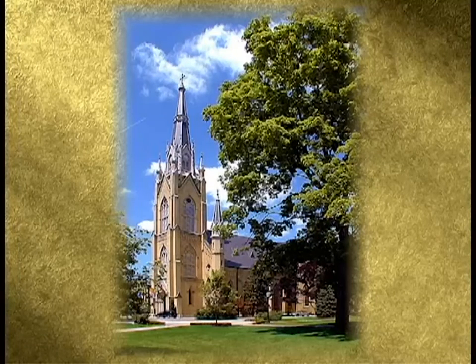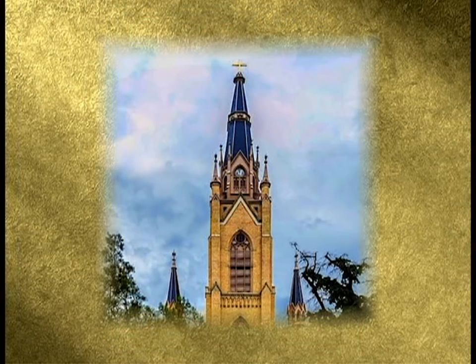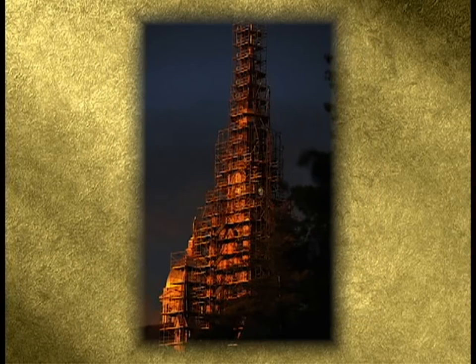Built in much the same Gothic revival style as its contemporaries, St. Patrick's Cathedral in New York and Sacré-Cœur du Montmartre in Paris, the basilica features a cruciform structure 275 feet long and 120 feet wide. The cross at the top of its spire, at 230 feet, is the highest point on campus. Since Father Sorin's time, the church has undergone major renovations and restorations at least 3 times, most recently in